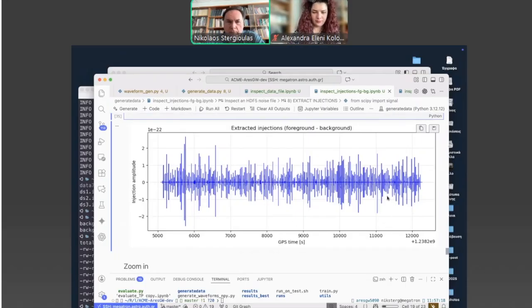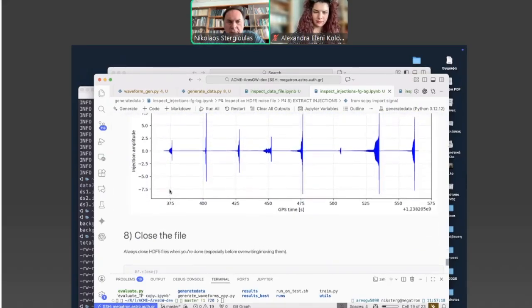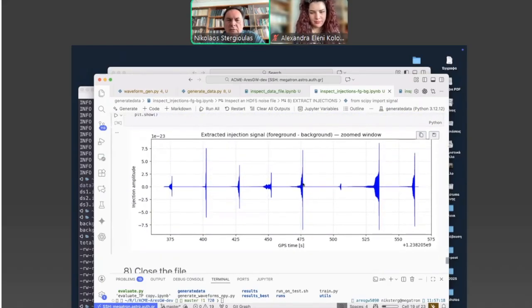If you zoom in into the first part, here you can now see very nice waveforms corresponding to different choices of parameters, different masses, different spins, different orientations, or sky localization. Okay, these are randomly selected and injected in this part.